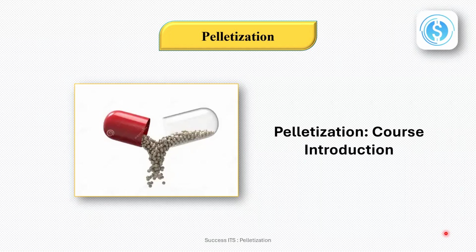of pellet manufacturing process. Pelletization is an important pharmaceutical manufacturing process which is used to produce small, free-flowing and spherical particles called pellets. These pellets are widely used in the modified release, sustained release, delayed release, and multiple unit dosage forms because they provide better drug release control, uniform coating, and improved product quality.